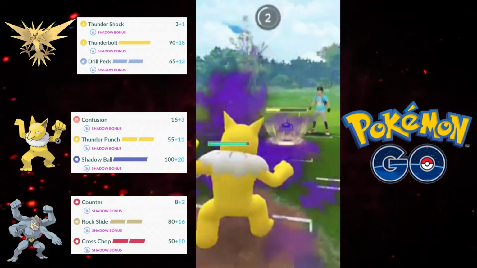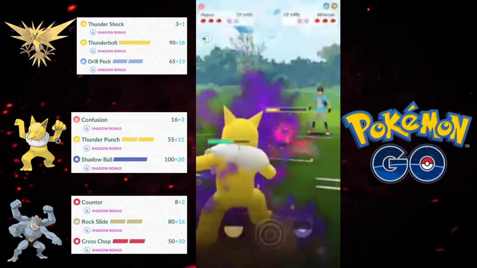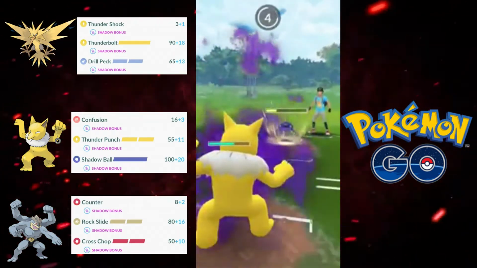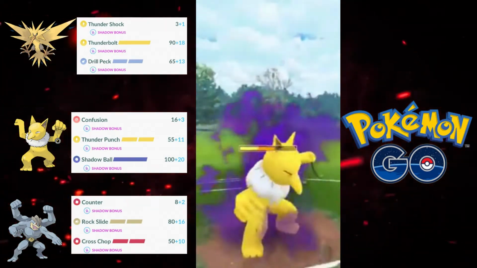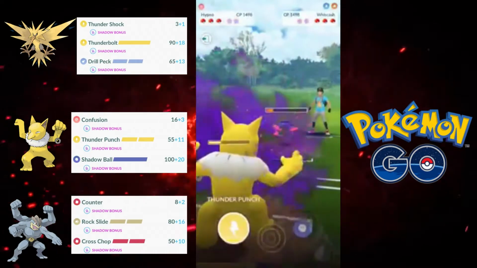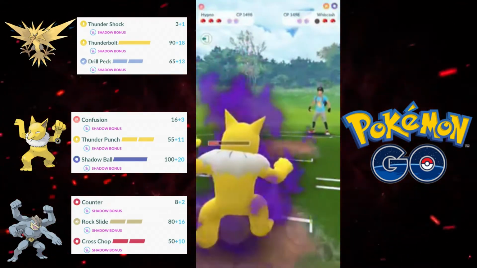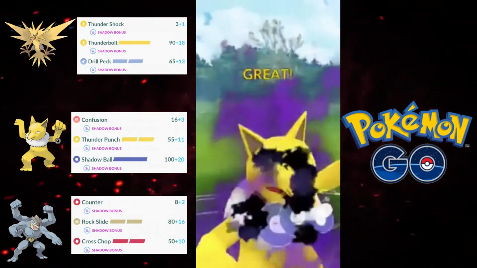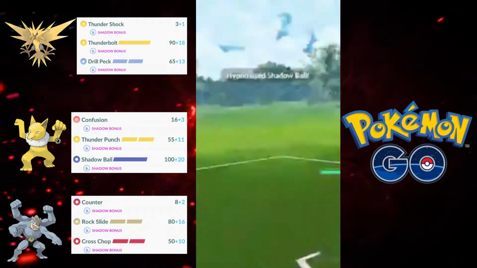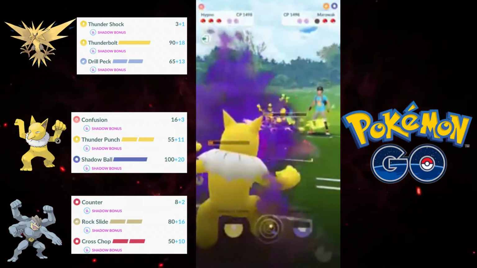Hypno is basically my safe switch here. These Mud Bombs again are going to be doing a good amount of damage, even though they're not super effective at all to Hypno. They do get off two there, and basically I'm just going to farm down the Wish Cash here. I now have Thunder Punch and Shadow Ball ready to go, and they bring in the Marowak. I decided just to go for the Shadow Ball to see if they shield it, which they don't, which is awesome. So now I'm pretty much going to be able to farm